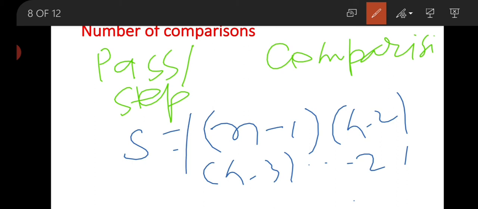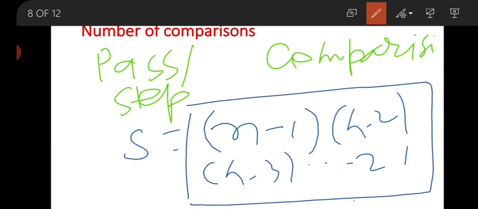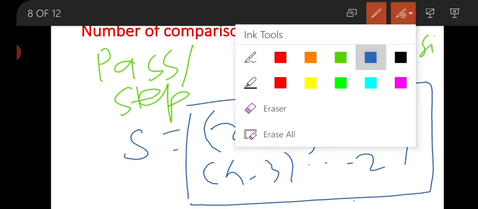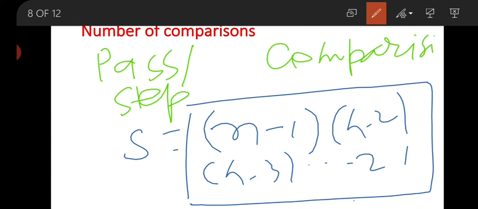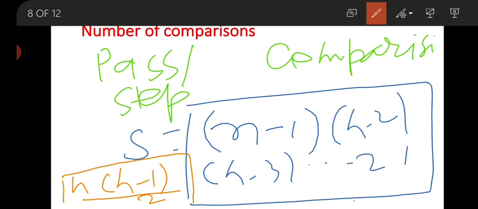And if you find the sum of the series, you will get n into n minus 1 divided by 2. This is your total number of comparisons of bubble sort, n into n minus 1 by 2. Now the worst-case complexity or order of this sorting is order of n square.